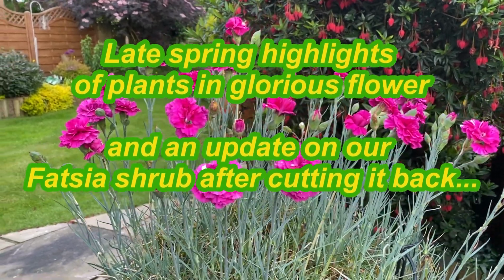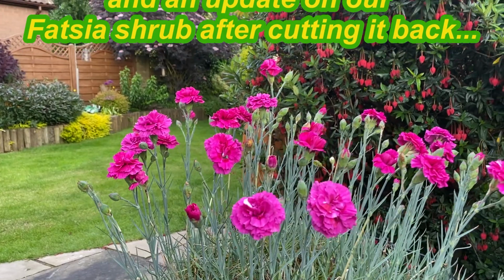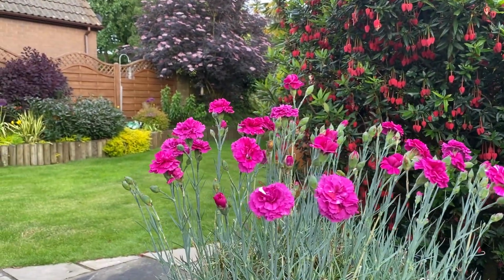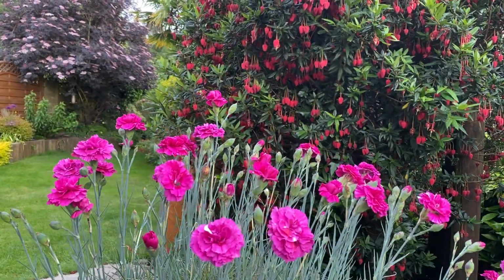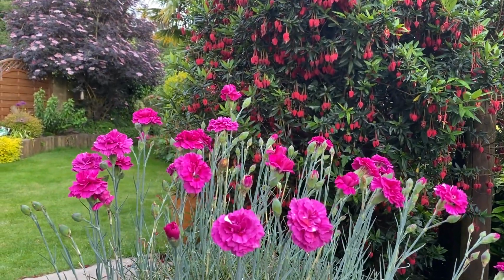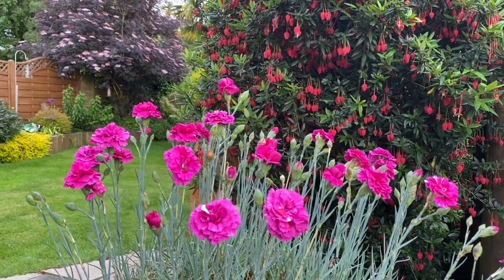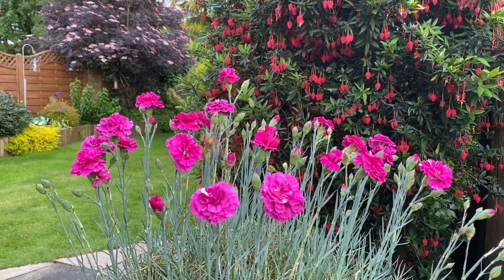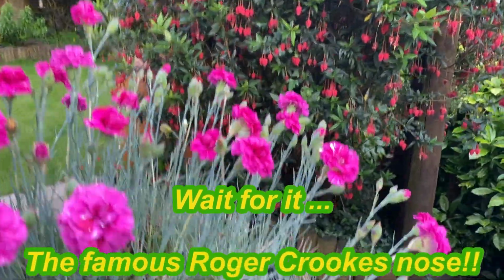So I just wanted to highlight some magic moments, if you excuse the expression, we've been enjoying in our South Wales garden here for the last few days, where in early June and late May things have warmed up, and with the daylight hours increasing, everything seems to have burst into flower. And one of my favorites here is,